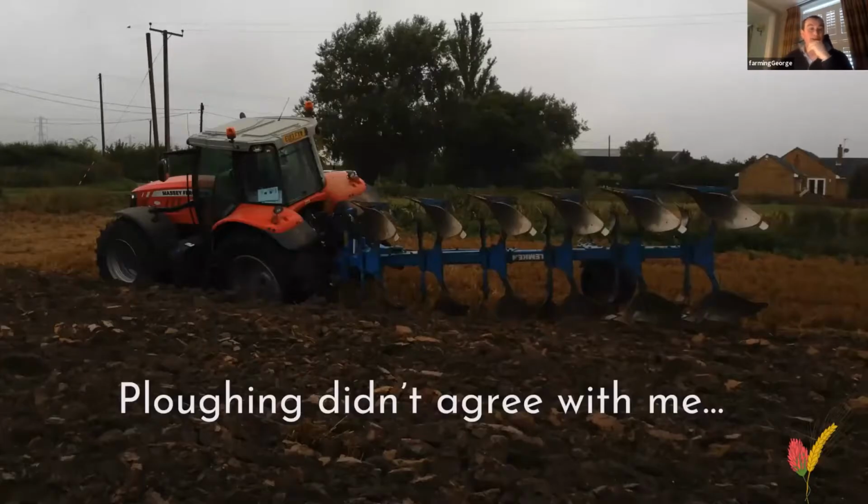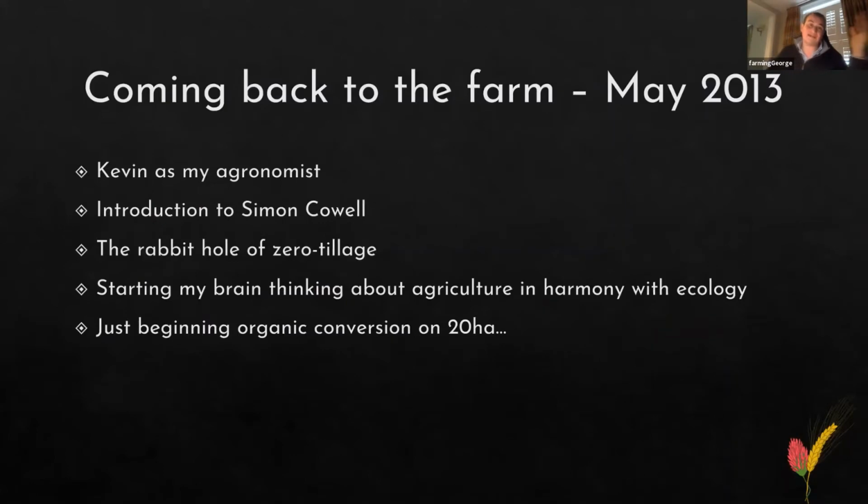So this was me when I first came back to the farm, attempting to plough. Never really did get on very well with that. This was me. I got a flat tire here for some reason. I seem pretty good at getting flat tires as well. Anyway, yes, I have done ploughing in my life. Just this field, Dad still chastises me for the fact we've got a couple of wallows around the edge where I didn't manage to do my headlands very well, and we get water. So anyway, never mind. I came back to the farm in May 2013,